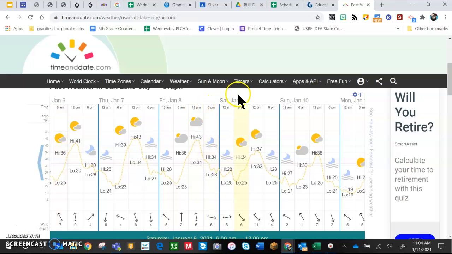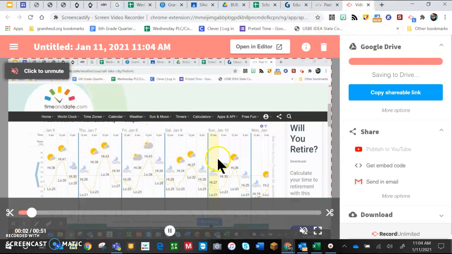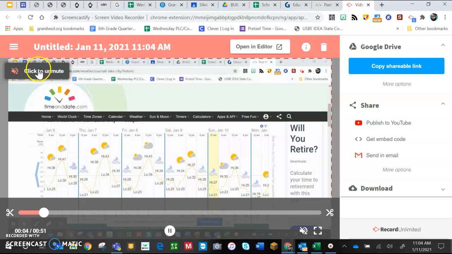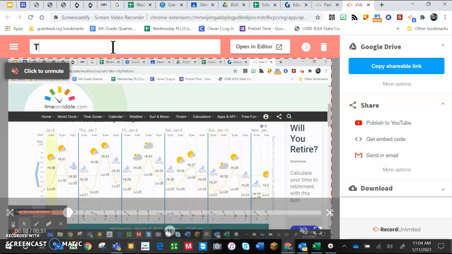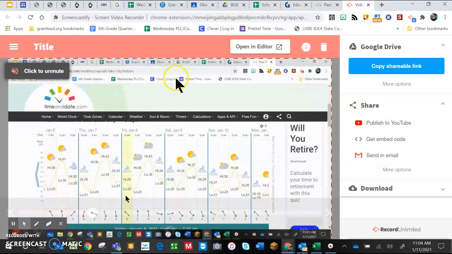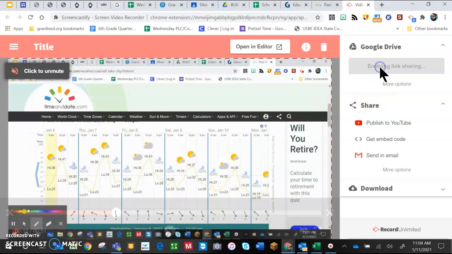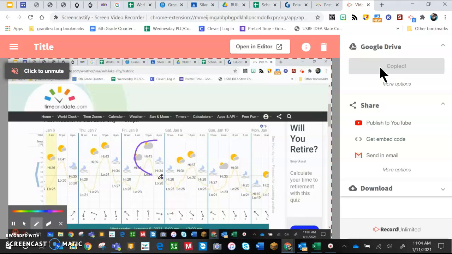Your video will then eventually load in another tab up here, just like it did, and it's going to allow you to watch your video. It'll default to being muted. You just click this box to unmute it. I strongly suggest clicking up here and titling your video. Okay, something that you'll remember and your teacher will know. Then the last step is you're just going to click copy shareable link, and that is the link that you will then go into your data,